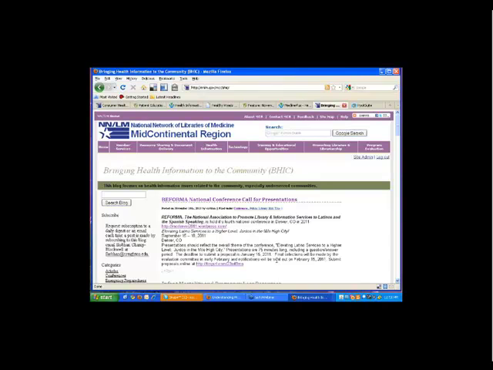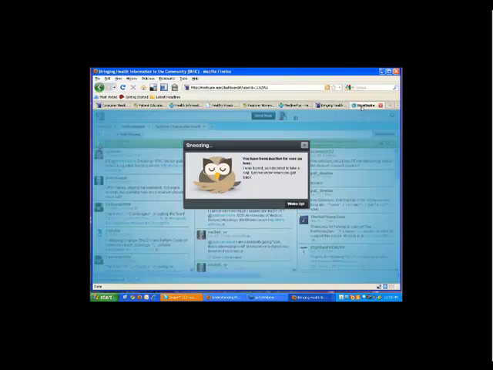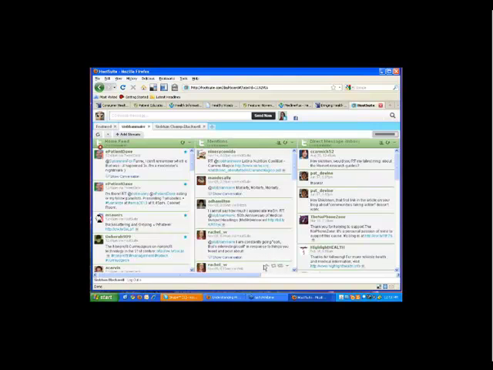There's an RSS feed. So if you want to just subscribe through your RSS feed. And then I also use what's called Hootsuite. And it's just hootsuite.com, and I post the URL, or the information that I've posted on that website, to Hootsuite, and I click Send Now, and it goes to my Twitter and Facebook page. And so some people are just following this information through Twitter or Facebook.